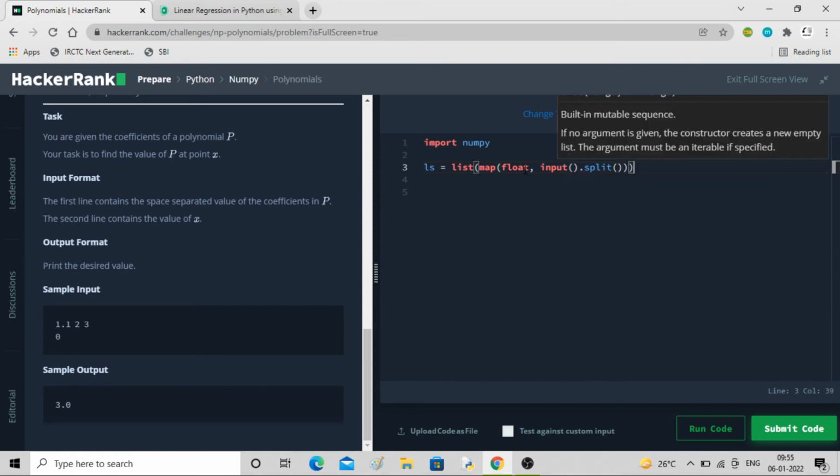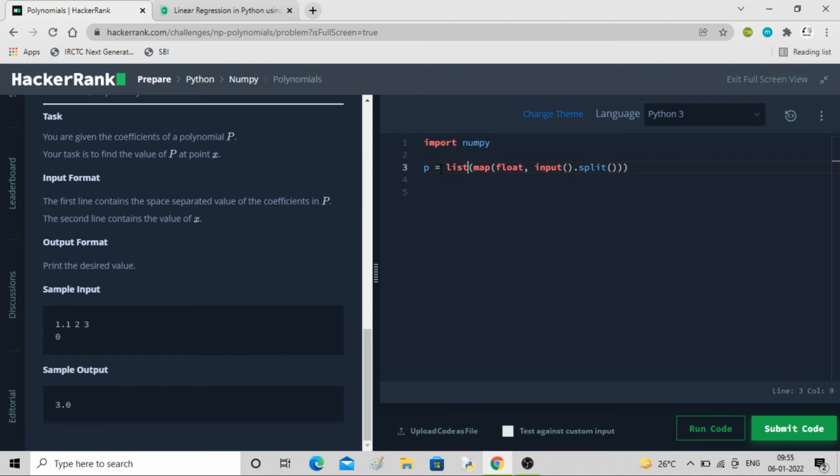So this is my list of the polynomial. I'll write p for polynomial. So this will take this whole line and separate it as a list.